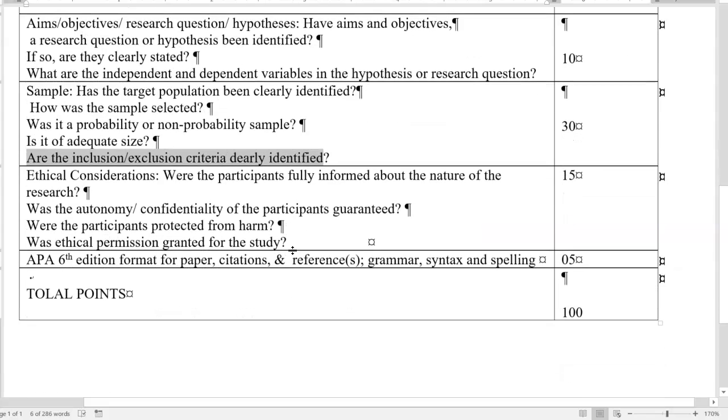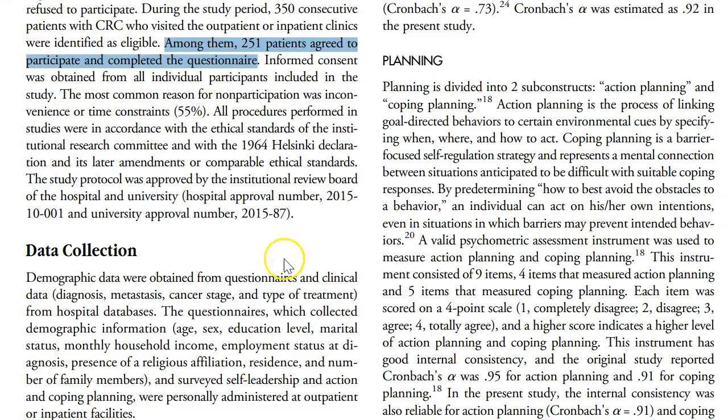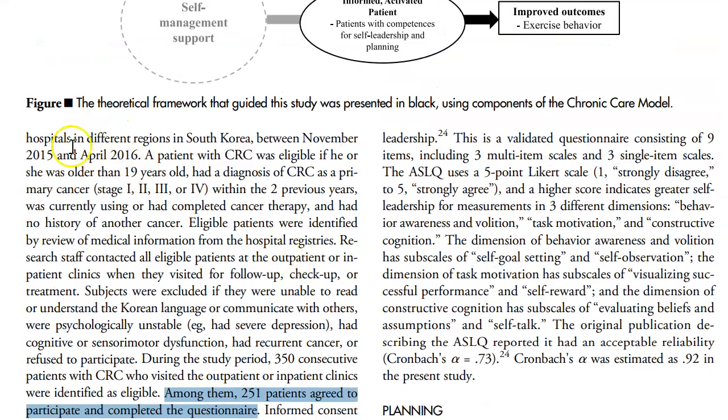Now, one other thing that I want to mention here where it says, are they clearly identified? It's not enough just to say, yes, they were identified. And in your opinion, are they justified? Are they adequate? When we say a patient with colorectal cancer, going back to these criteria that were listed here, does that